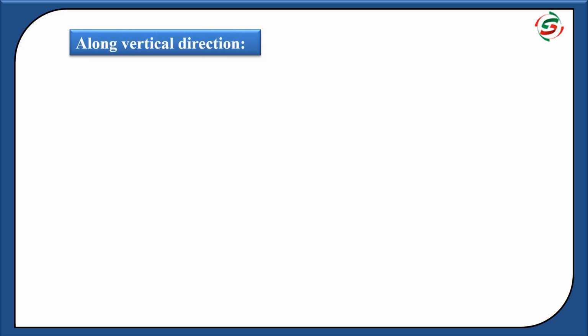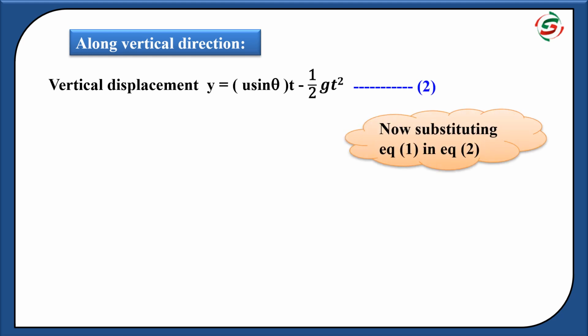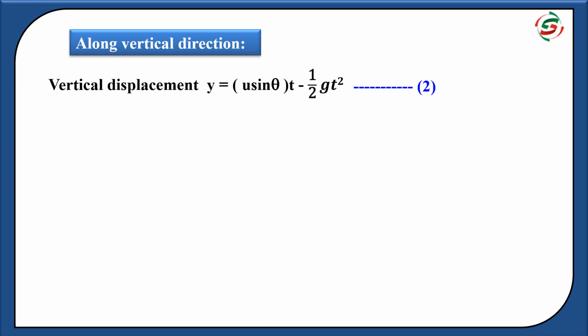Along the vertical direction, vertical displacement y is equal to u sine theta t minus half g t square. So we followed the s is equal to ut plus half at square formula. This is equation 2. Now substituting equation 1 in equation 2,